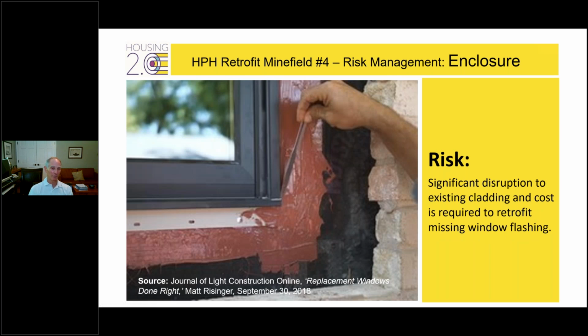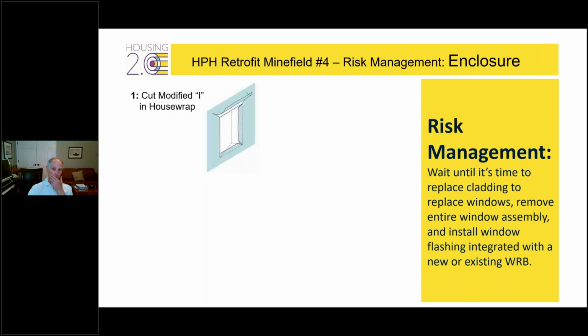Now, the cost of pulling back vinyl siding or wood siding or brick siding and putting in all the flashing details you need is what you have to do to get it in, but really incredibly costly. So we'll talk about what we do about this later when we scale how we get to zero. But if we're going to do it right, and this is the way we do new construction, our air control layer, which is a house wrap, is modified eye cut. You go down the middle, in the bottom, it's kind of a slope cut. You fold in the bottom, you fold in the sides, you pull up the flap at the top, and basically